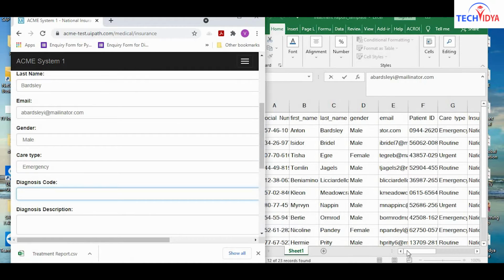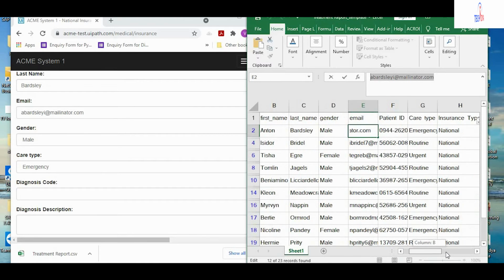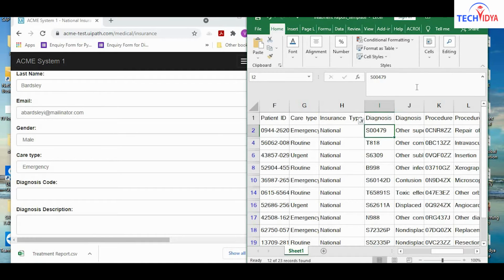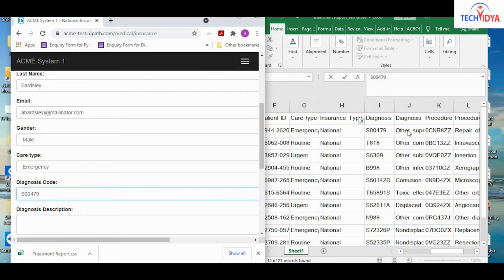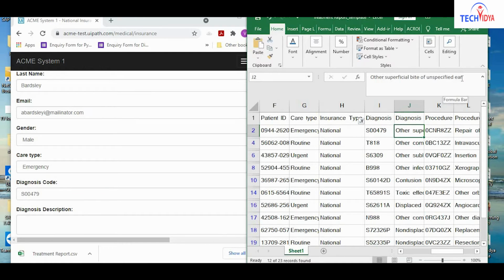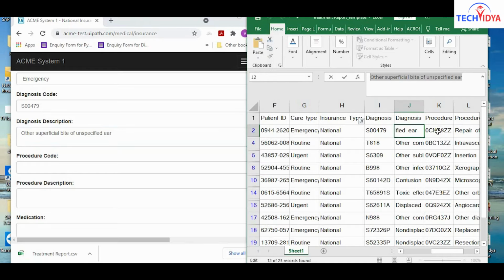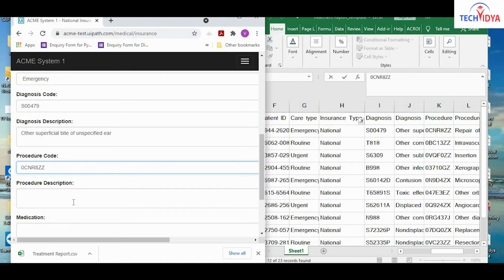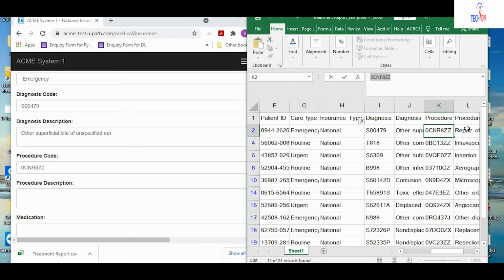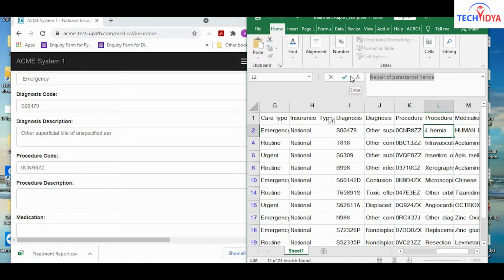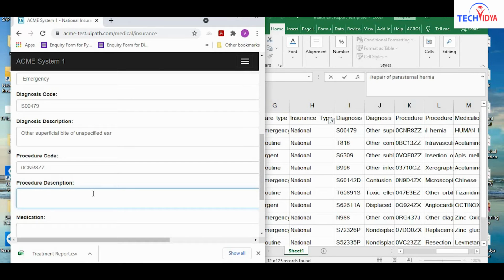then diagnosis code, diagnosis description, procedure code, procedure description, medication.